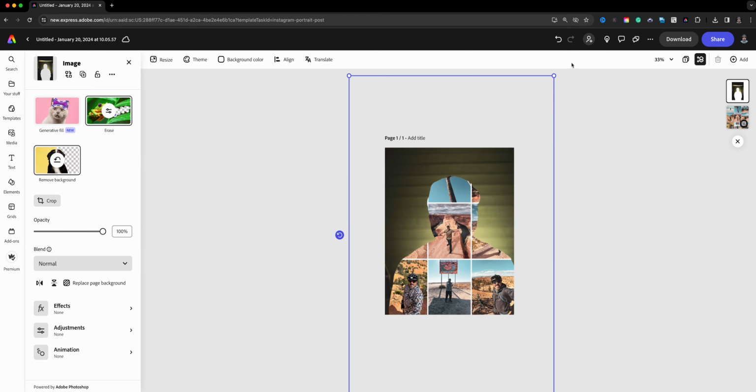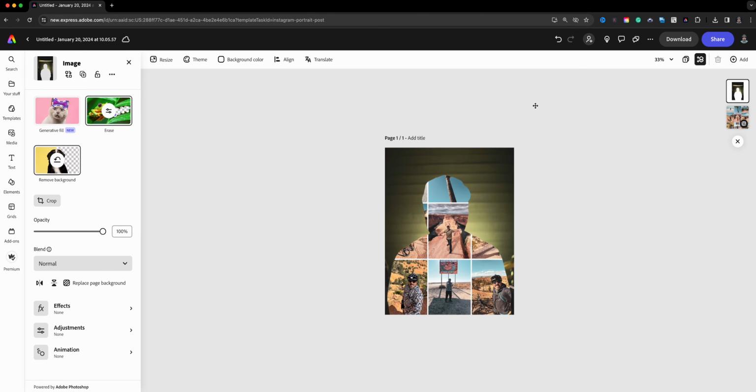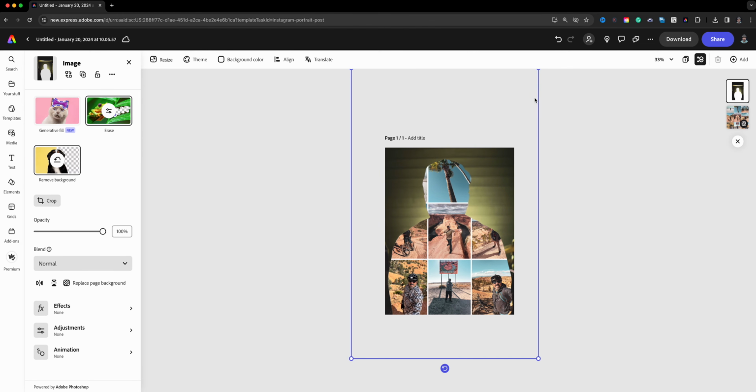Let me minimize the scene here. Let's bring that down and I think that's fine. Now you see some of the images don't show up, which is fine. I'll show you how to fix that here in just a second. So I've got the image here. Now this is a little bit distracting here, and here's what we're going to do: